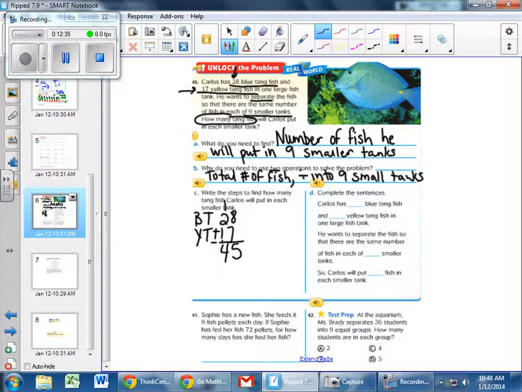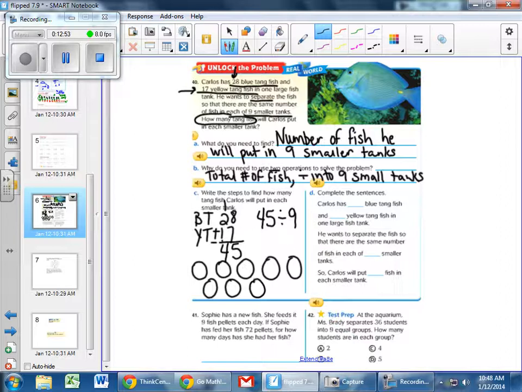Now we need to divide it into the 9 smaller tanks. Okay? I'm going to draw mine out. 1, 2, 3, 4, 5, 6, 7, 8, 9, and then count out 45. Or if you know your math facts, you know what that missing addend is. Or if you look at this and see that it ends in 5, you know you can only count by 5s. So 45 divided by 9